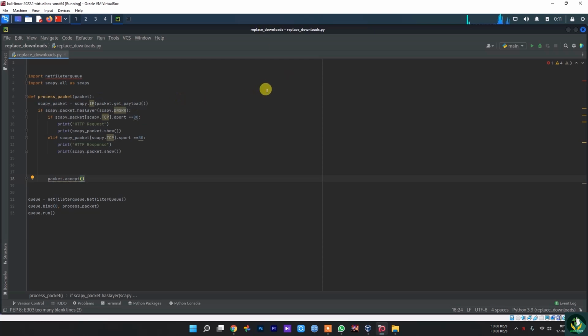So in the first line, as you can see, which will convert the packet to scapy packet, which we are obviously going to need to modify. And then the next line you can see is, if the current packet has a DNS RR layer. So